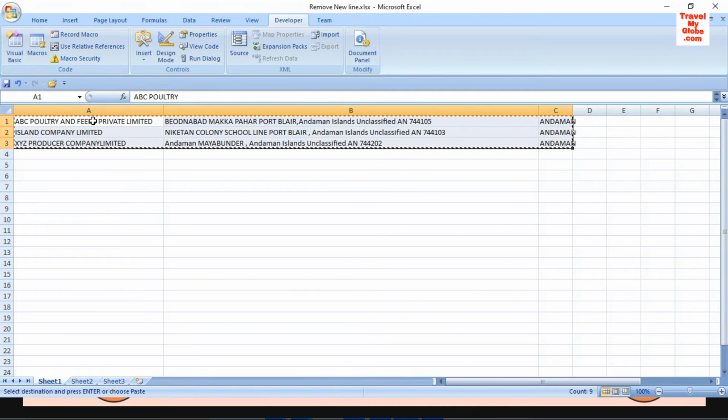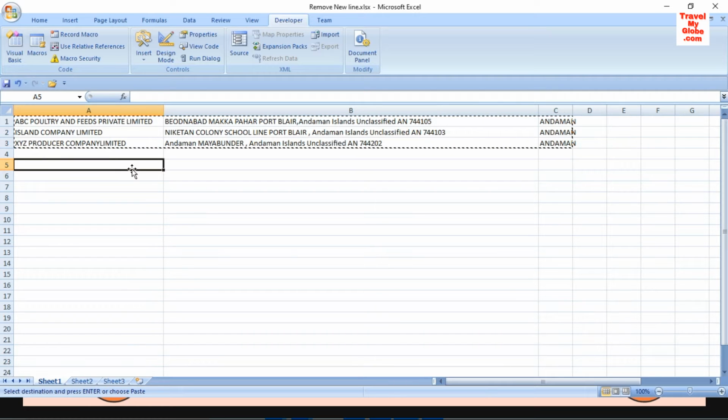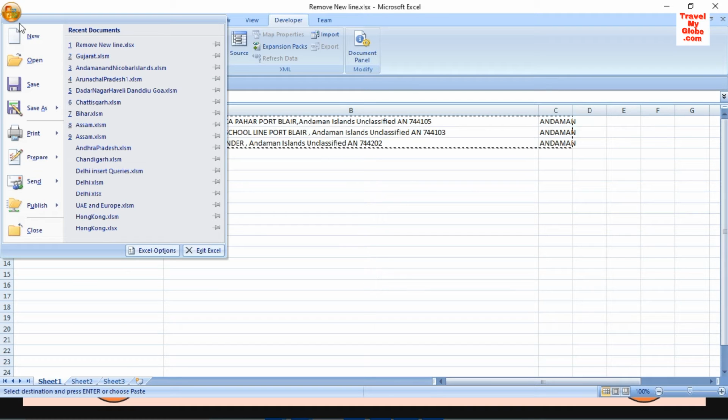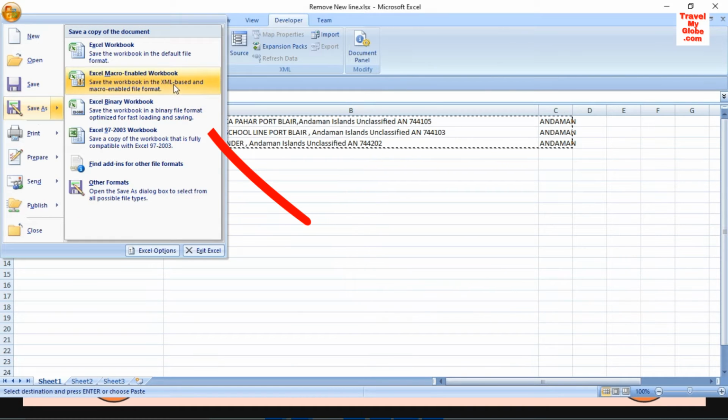First you have to go to the Excel file where you have this problem, and you need to save this workbook as a macro-enabled workbook. You can do this by going to the Save As menu and saving it as an Excel macro-enabled workbook.